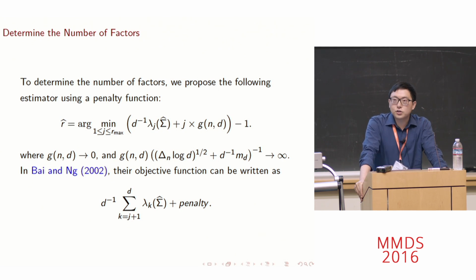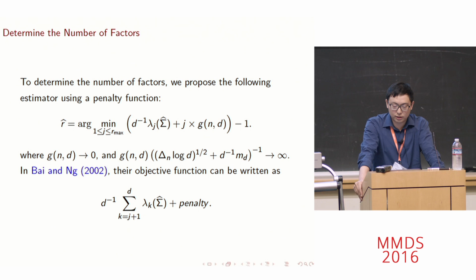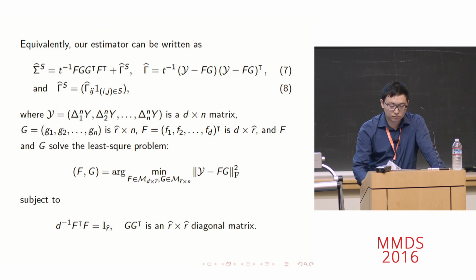Okay, so we also have to determine the number of factors we want to use. Here our strategy is very similar to the bounding strategy in the 2002 Econometrica paper, except that we're not going to minimize the residual trace; we can directly minimize the eigenvalue scaled by the dimension. This is very simple, and we can avoid the theory of random matrices, because the theory of random matrices for semimartingales is not known, to the best of our knowledge.